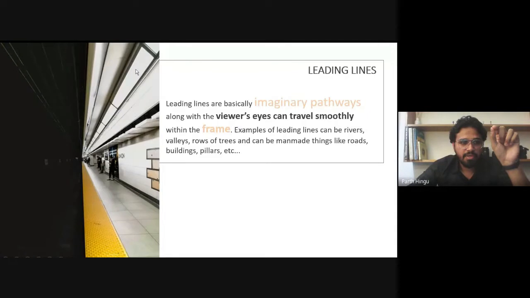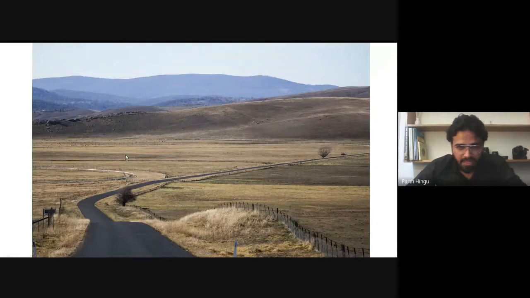You can just see from here, but it will guide your eye till the end of the photograph. So it's like a perspective image, like this image. If you go like this and like this, it's a normal image, but you just need to compose it like it's leading somewhere.